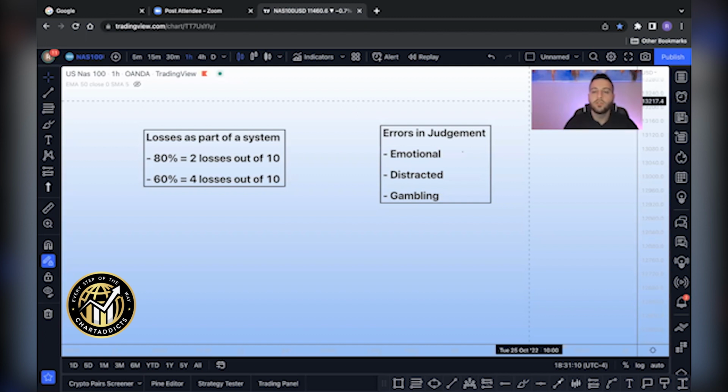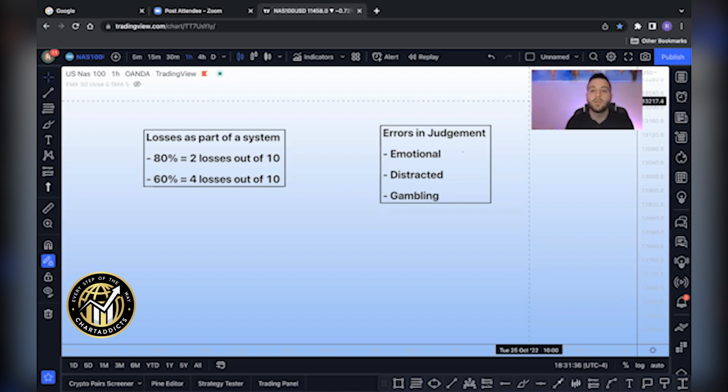Now that we've spoken about the 2 main types of trading losses, it's important to remember that journaling is how you're going to be able to identify the losses and keep track of a consistent strategy over time. When you go to journal your losses, it's important to identify which one of these categories your loss falls under. If your loss is part of your trading system and it's a normal loss, then there's nothing you really need to do except for chalk it up and then maybe look at a few improvements you can make next time to better your win rate.